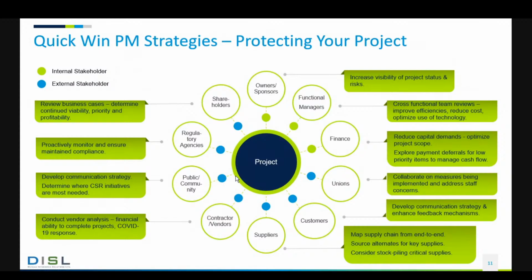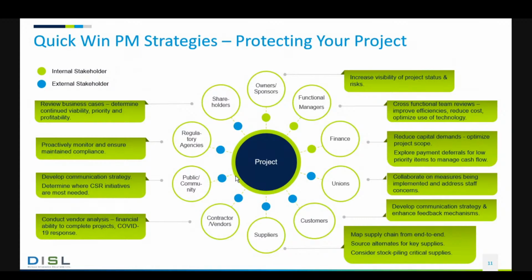Now, we're in harsh financial times, and we've seen a lot of companies and organizations closing. So within this, you may need to look within your wider organization and liaise with your functional managers so that you can use cross-functional teams to see how you can improve efficiencies, reduce costs, and overall optimize the use of technology, which would then feed into making the project more effective. On the finance aspect, you may look to reduce your capital demands. So you may want to relook at your project scope across your portfolio and see where you can optimize to reduce those demands. You may also want to look at deferrals for lower priority items in terms of managing your